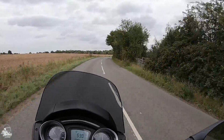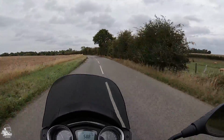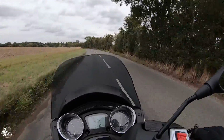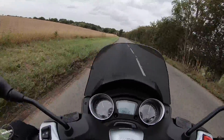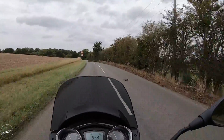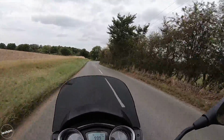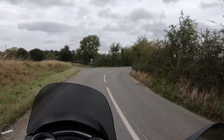Now as we're going along this road, one thing I will point out, one little thing I think could be better is definitely the speedometer. So I've got good eyesight, don't need glasses, haven't had the need for them, but if I look down at that speedometer, I struggle to see if I just want a quick glance down at what speed I'm doing, because